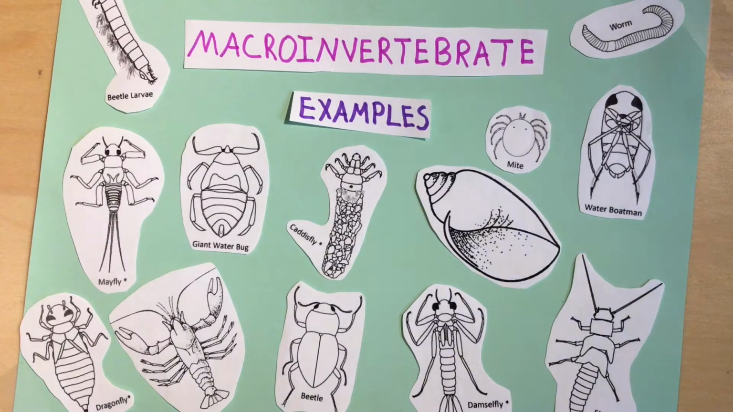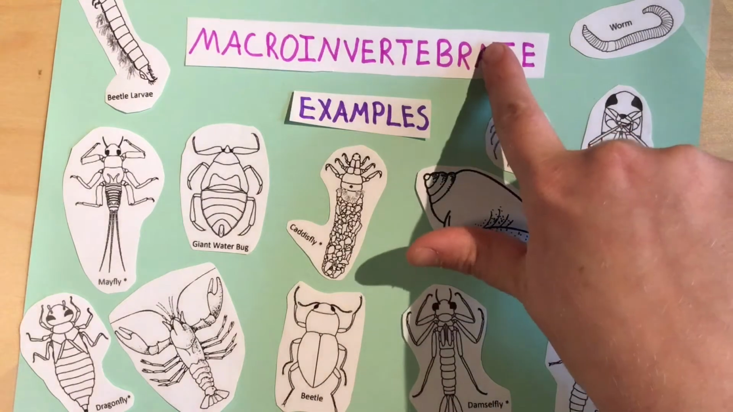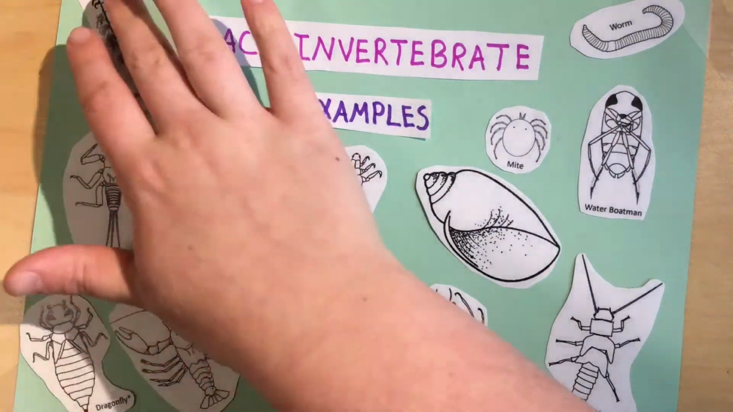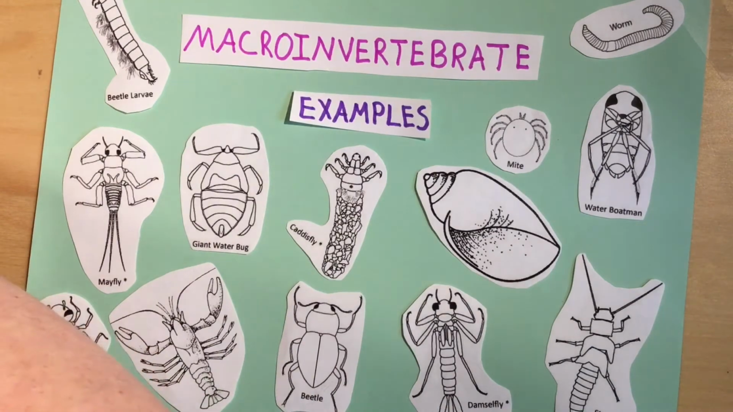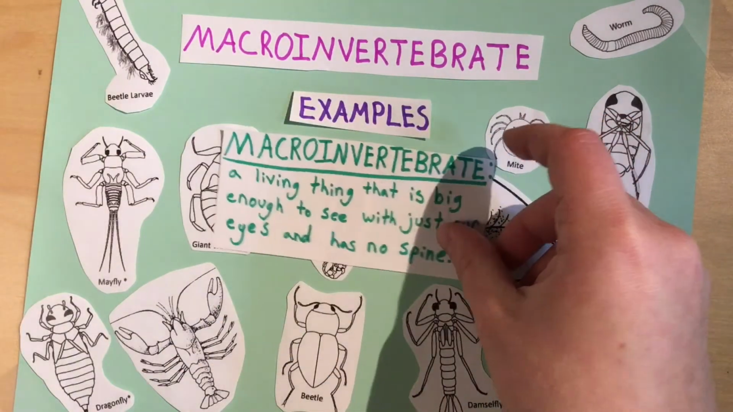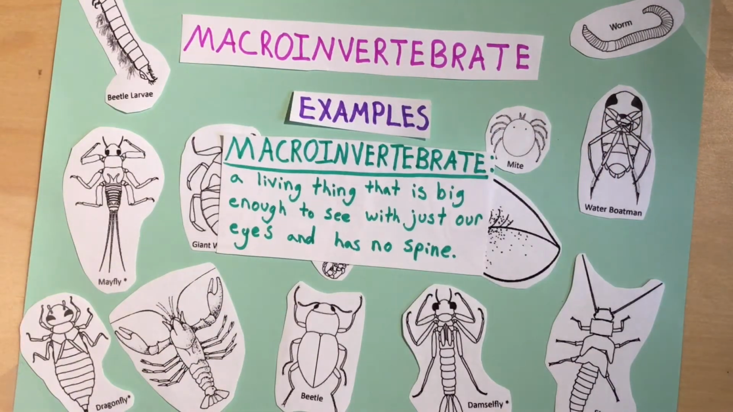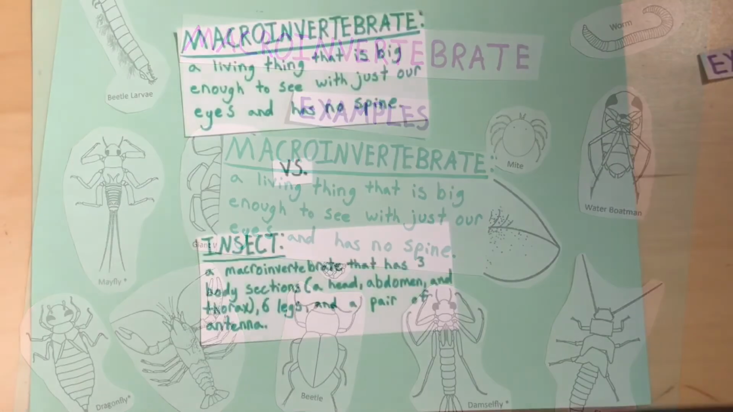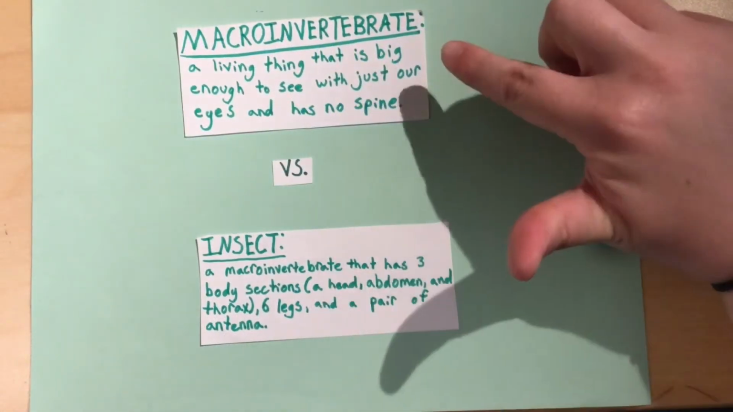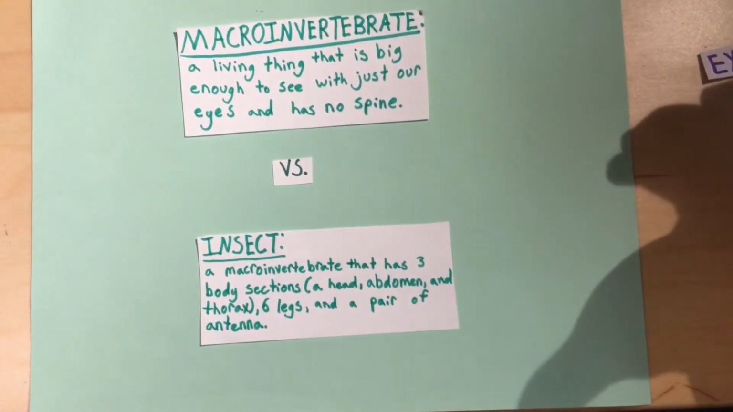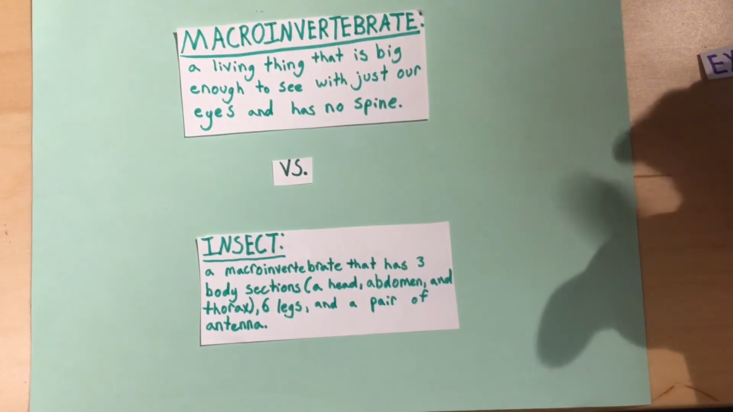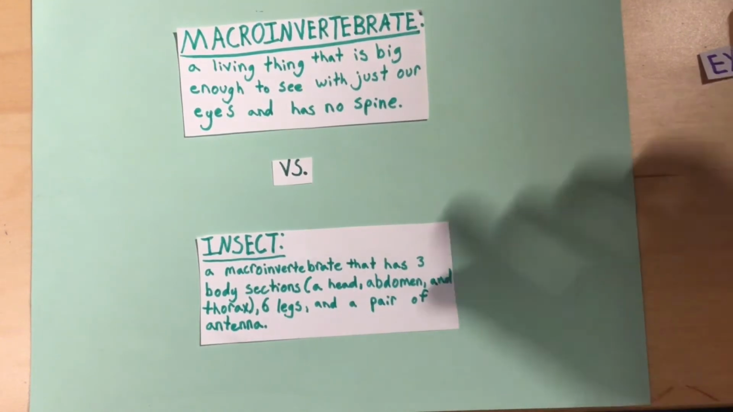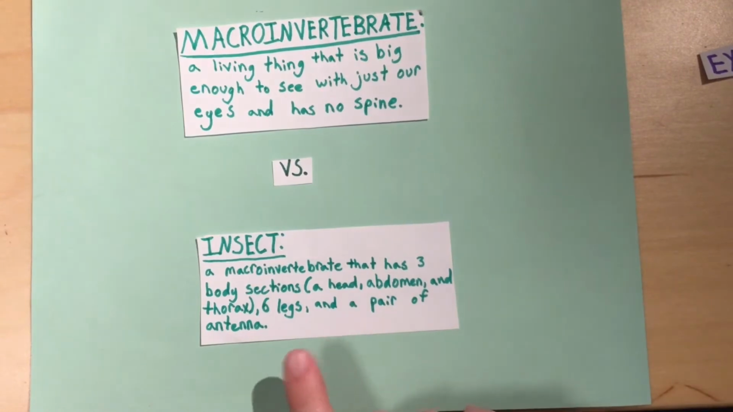And later, we're going to be talking about what the difference between macroinvertebrates and insects is. But just for that definition, real quickly, macroinvertebrates are a living thing that's big enough for us to see with our eyes, and it has no spine. Now that we've talked a little bit about what macroinvertebrates are, and again, this definition that we're using is that they're a living thing that's big enough for us to see with our own eyes and has no spine, compared